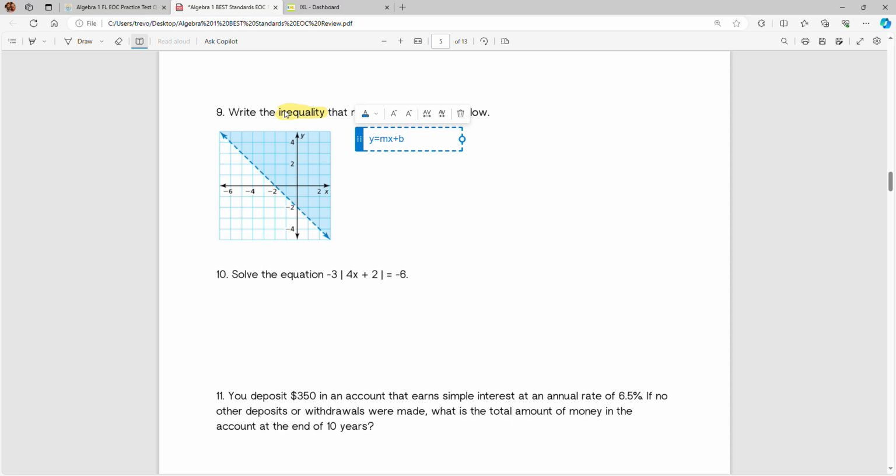But instead of having an equals, we could have an inequality. We could have y is less than, y is greater than, y is less than or equal to, y is greater than or equal to. And I can see that